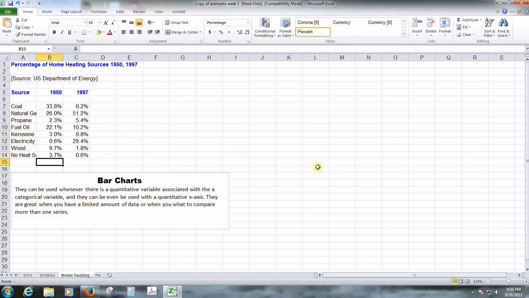Bar charts are used whenever you have some quantitative variable, some numerical value associated with some kind of categorical variable. This can be used with a quantitative x-axis. So if you're just looking at 2 or 3 years worth of data, a bar chart will work. But if you have a lot of quantitative data, an X and Y scatter plot is typically going to be better. But generally speaking, bar charts are for instances where you have some kind of categorical data,